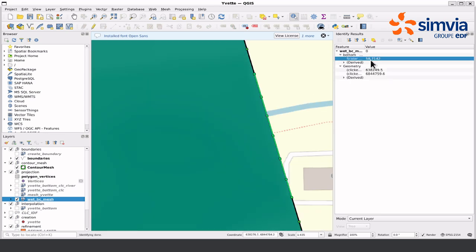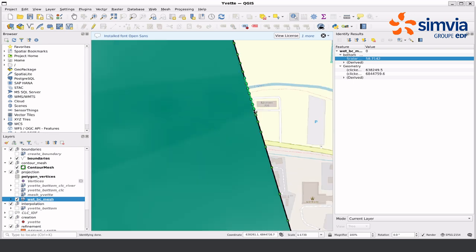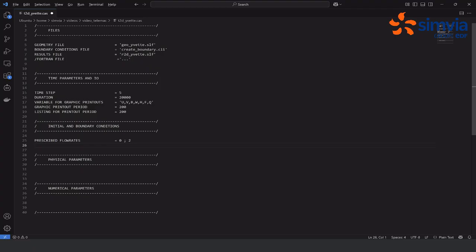Here we see the bottom is 58. We have dug the riverbed by 2 meters. So this means we can safely prescribe an elevation of 60.5 to have about 1.8 meters of water at the boundary. Therefore, we write prescribed elevation equal